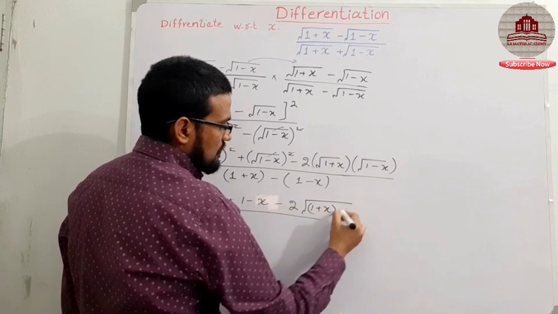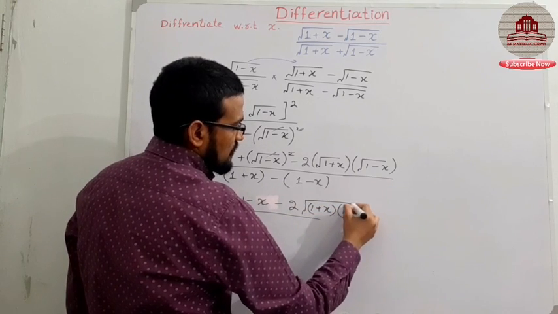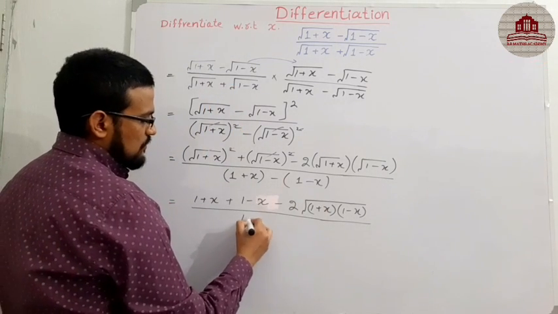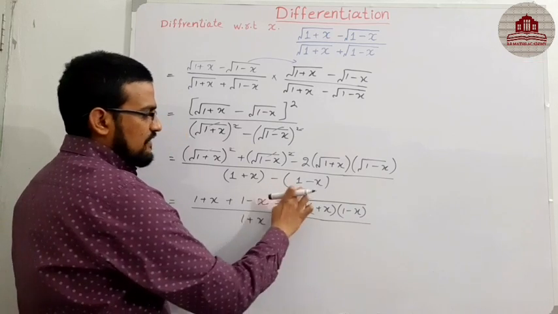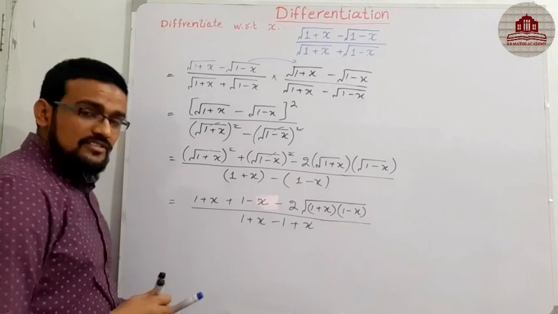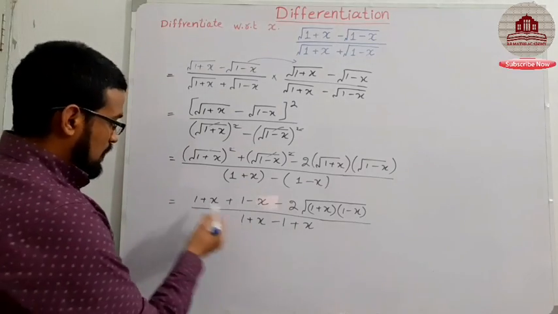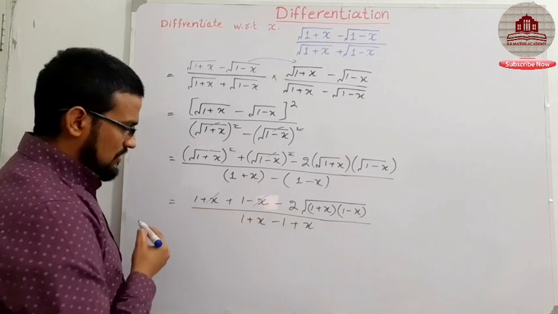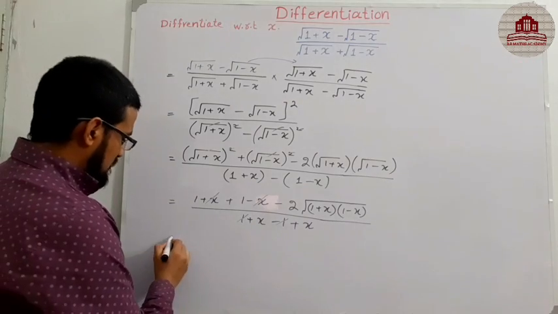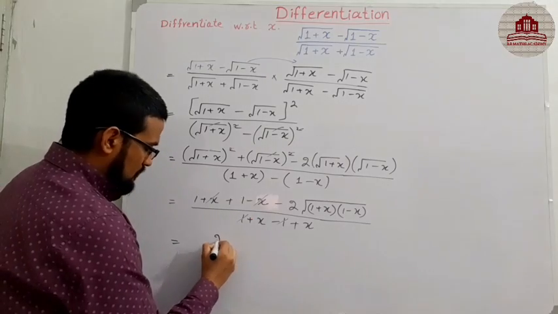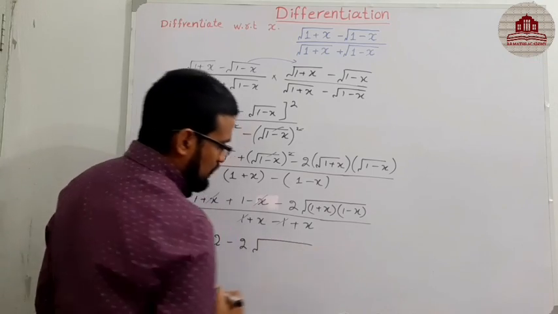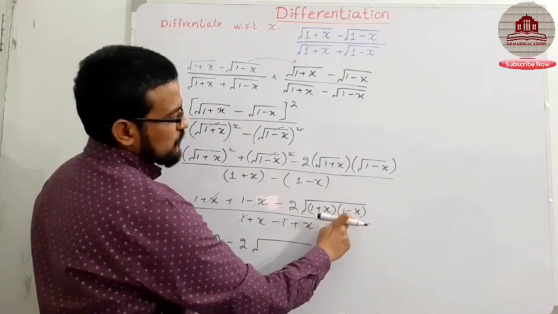1 plus x, you can write in this form, in a single square root form, in a single radical form. Open this bracket: 1 plus x minus, due to the negative sign it changes, minus minus plus, and you cancel out the remaining terms. Minus x plus x cancel with each other. Similarly 1 minus x cancel with each other, and then the final result is 1 plus 1, 2, minus 2 square root of 1 plus x, 1 minus x.